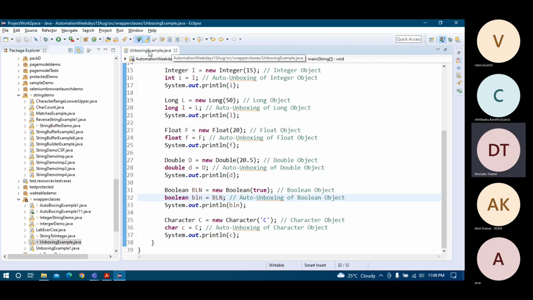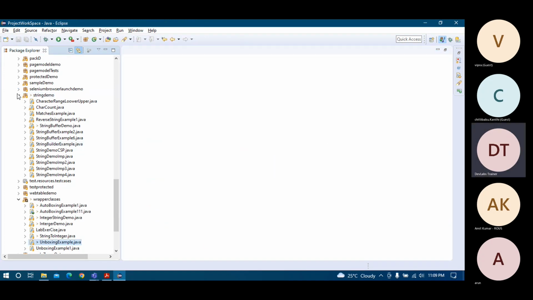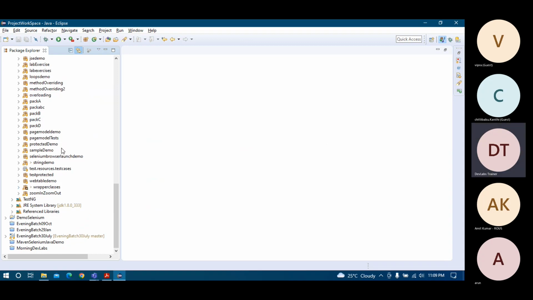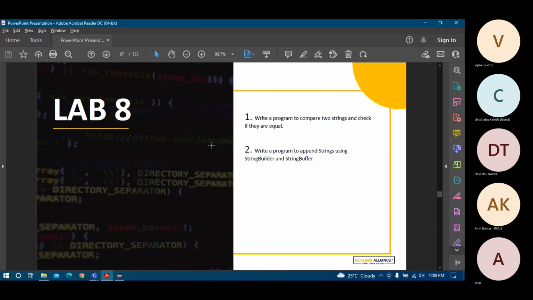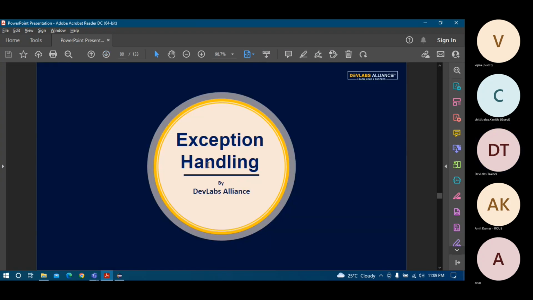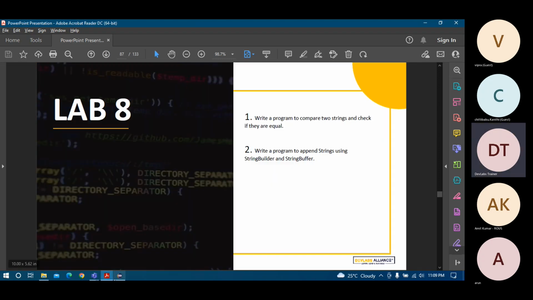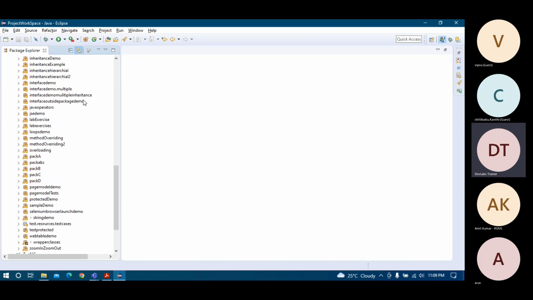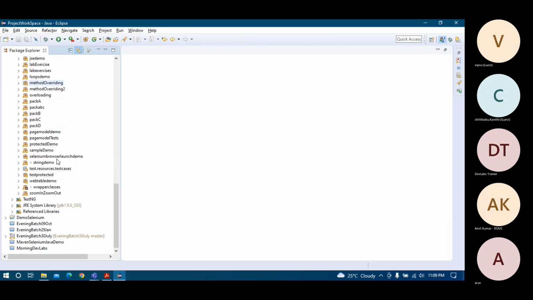So now we have a new topic because these things are not there. We've already covered wrapper classes. So now we have a new topic, and the new topic is exception handling. You just saw that in our program when we were discussing